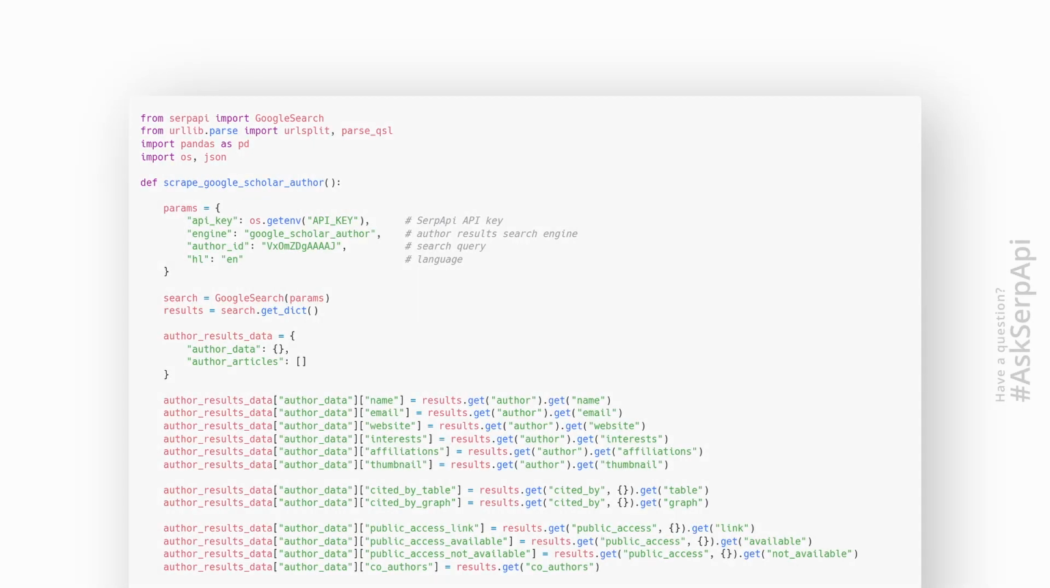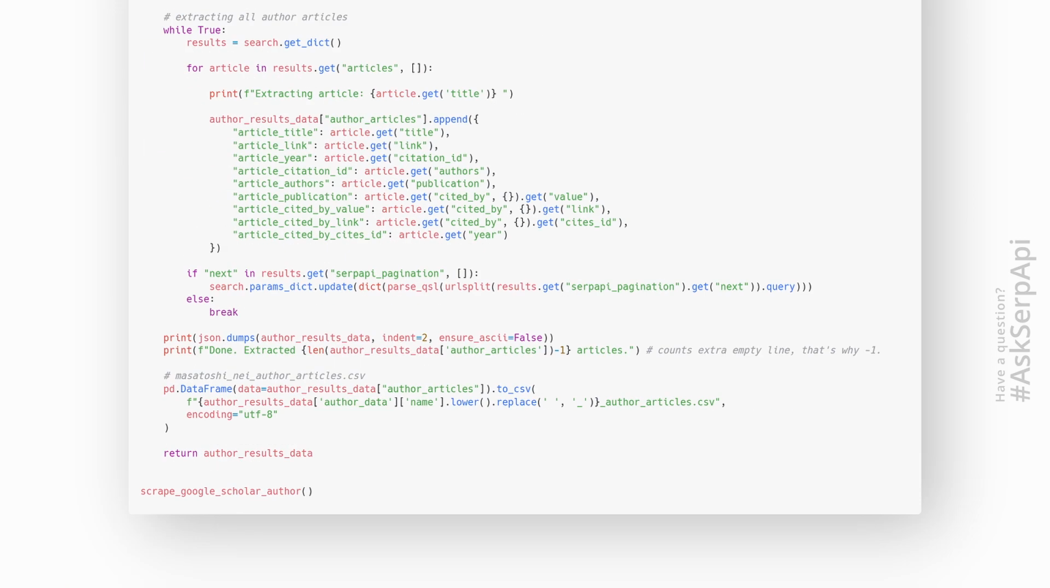Now to the actual code. In this case, there's a dictionary structure that was created beforehand to store author data and publications data separately. You can make it even more structured. Next, we're updating the author data dictionary key, creating a new one with the name you want, and passing extracted data from SerpApi. To extract all publications from an author profile, we need to create a while loop and